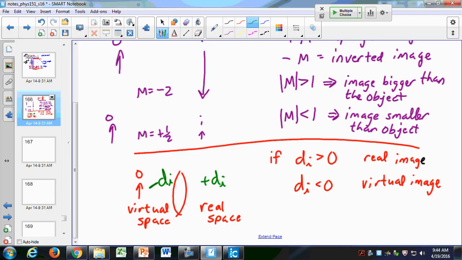There are, by the way, some ray diagrams for the concave lens, but they're a little bit different, and we're not going to draw those. They're a little more complicated. Okay,